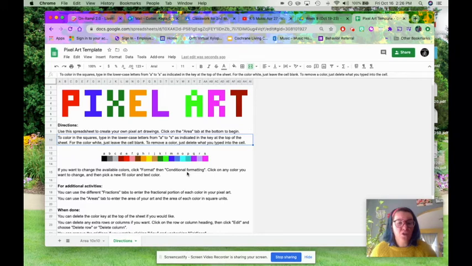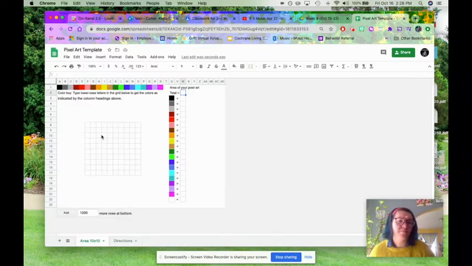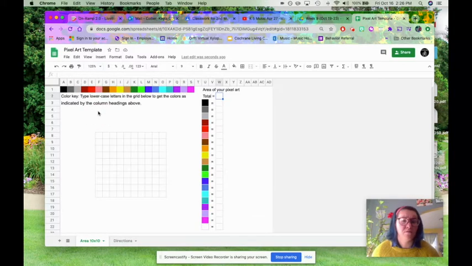Now, if you don't like these color options or you want to pick a different color, you'll need to ask Miss Collier, type a private comment, and she'll help you. But we're actually going to go over to this tab at the bottom, Area 10 by 10. Right now we're in the Directions tab, and we're going to click over here. I'm going to make this a little bit bigger so you can see. There we go. So, what I'm going to do is show you how to use this and then show you